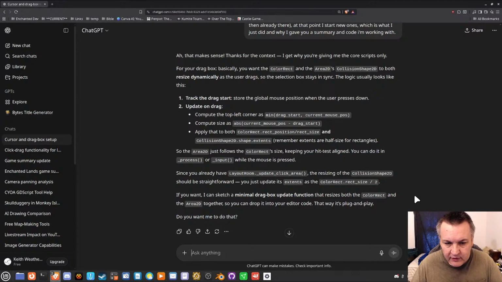Logic usually looks like this. Track the drag start: store the global mouse position when the user presses down. Update on drag. It can be at the top left corner as minimum. Current mouse position.